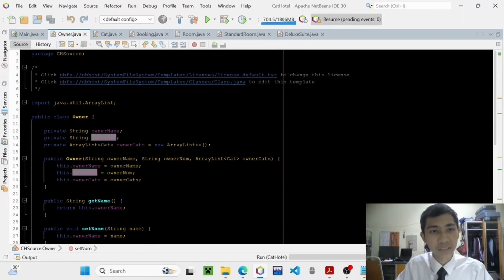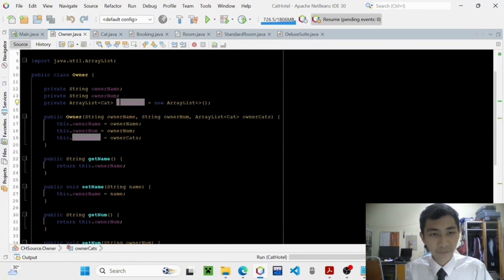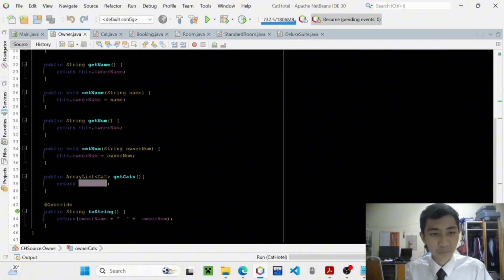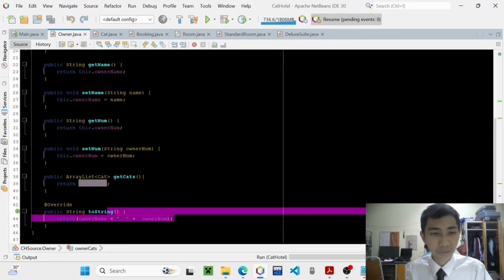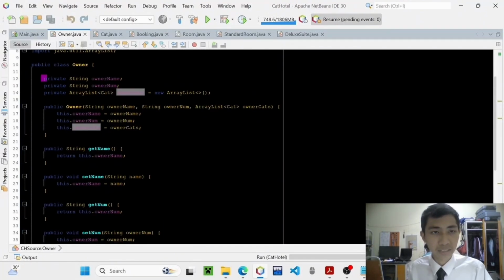So next we have the class owner, which has the attributes of owner name, owner number, and array list cats, which will store all the owner's cats. And they have all the setter and getter methods in here. Plus there's also a toString method, which is overriding here. And here we can see that there is an encapsulation being applied, where the data can only be accessed by